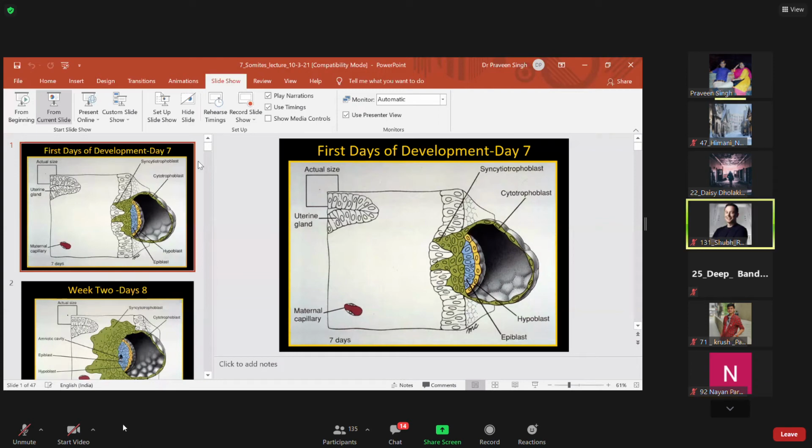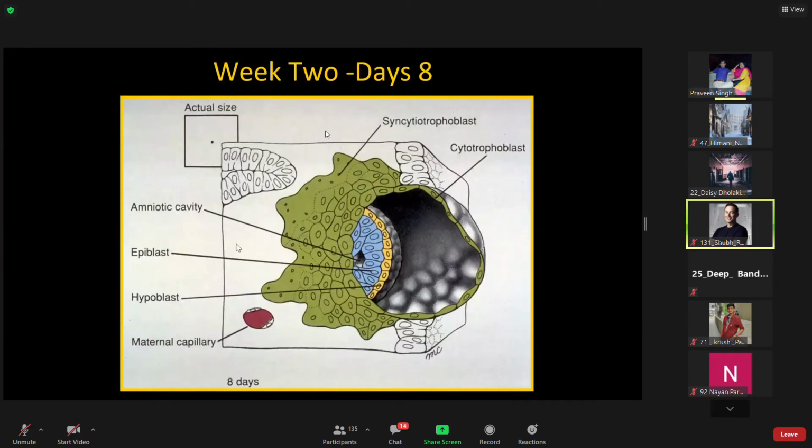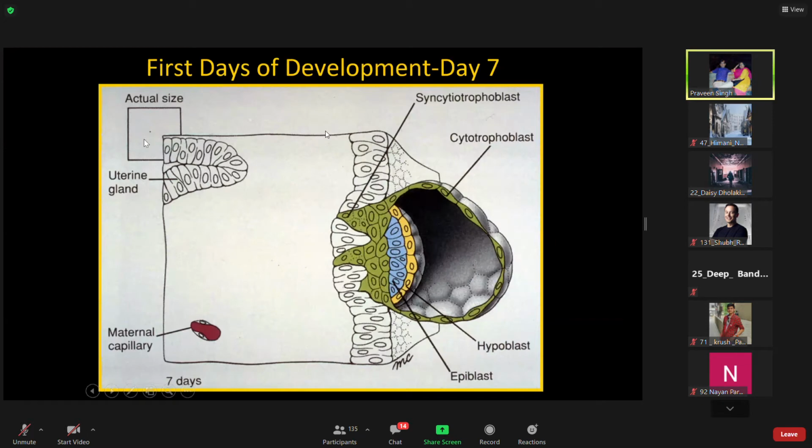Fine. So if we see now here, this is showing the size of the conceptus. Fertilization हो गया, अब वो implant हो रहा है. Actual size is this in the beginning. If that is cut and seen, then you can see it is forming this conceptus, where this is outer cell